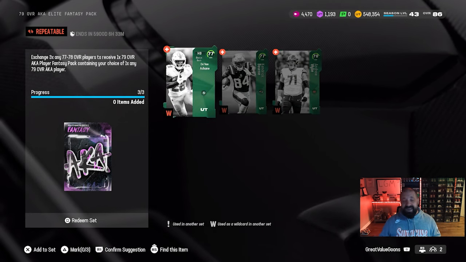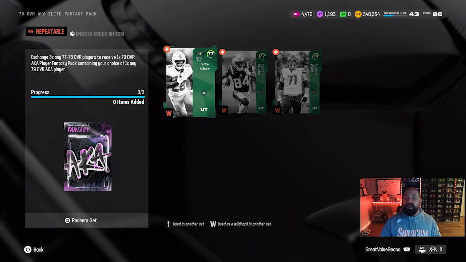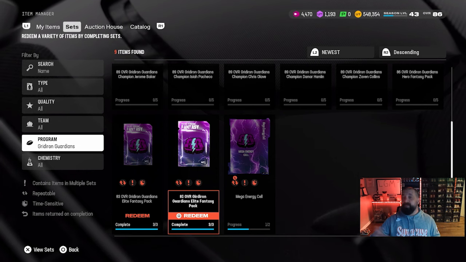You put those into the set, you're guaranteed yourself a 79, and the reason that we were doing that again is for those Gridiron Guardian upgrade sets, specifically for the objectives so we could get the XP. We would take whatever 79s we then had and use them to build the 81s, and that's why we have a couple 81s right now, and we'll probably take 81s that we just pulled from those packs that we just